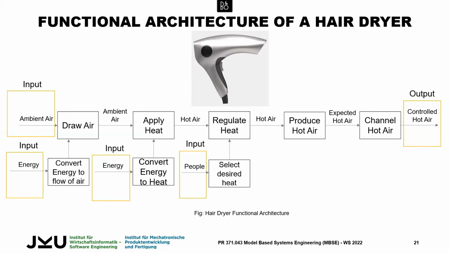So you need another component that could convert the energy to heat. And what could be here? What could be the physical component here? We could have an electric coil, right? So you see, then we are having hot air here, but this is not our expected hot air, right? Because we need something controlled. If it is uncontrolled, then it will, what do you call the,